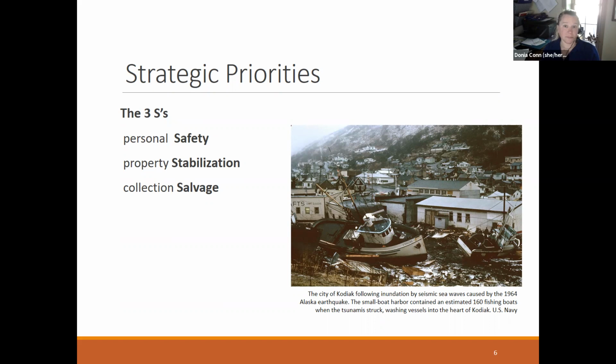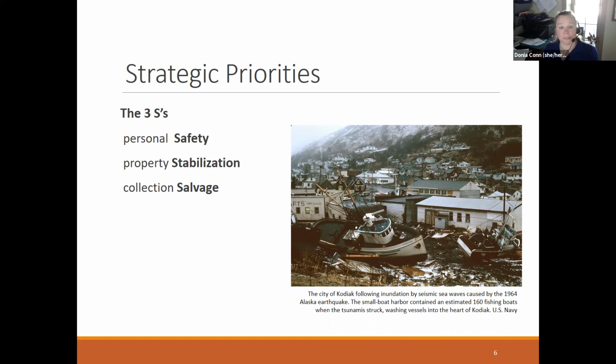We're going to then focus on ensuring that our building is stable. Is it stable enough to go in? Have gas and electricity and whatnot been turned off? We need to make sure that we have somebody knowledgeable who can tell us, yes, it's safe to enter your building. Because how do we know if our building has shifted on its foundation? How do we know if our building has severe cracks that may affect the structural integrity of our building? Until we have somebody that knows how to look for that, knows how to assess that, we shouldn't be going